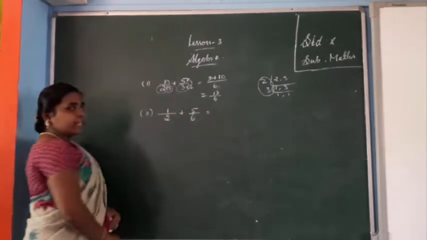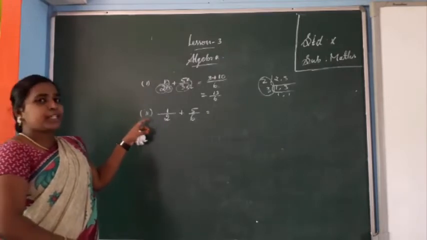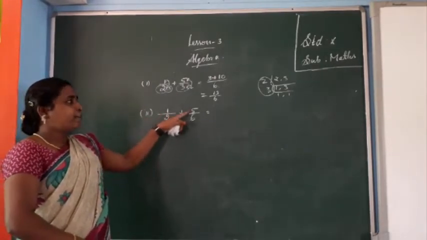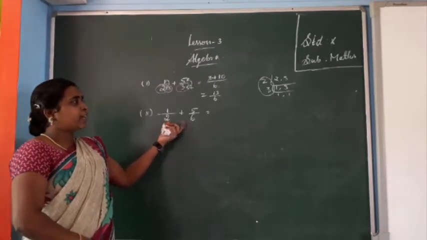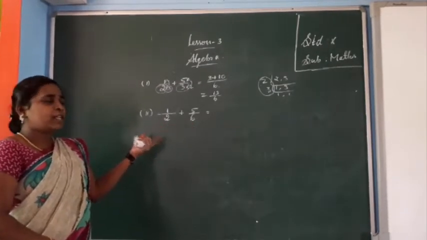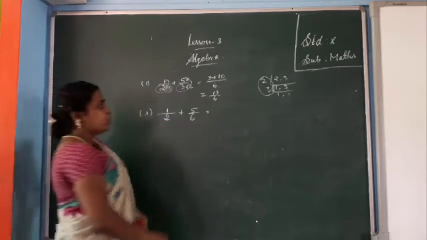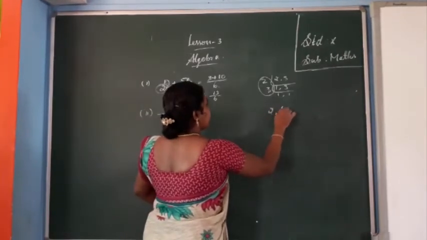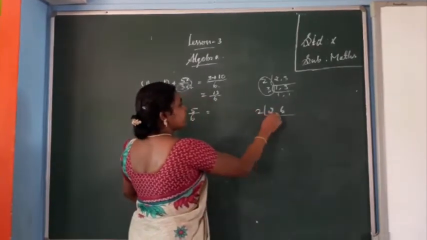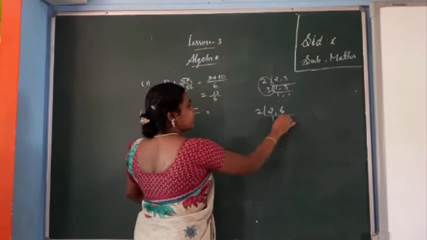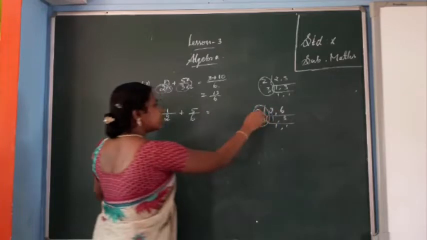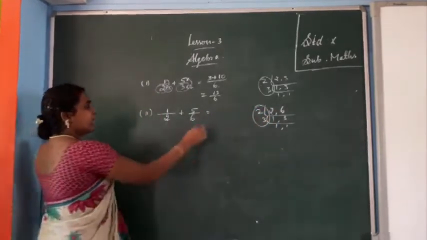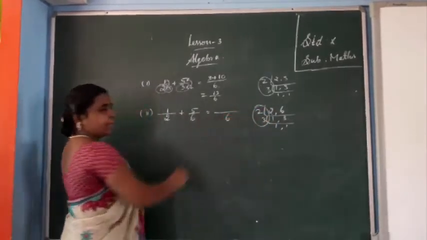Okay. Now you see this. This one is also addition only: 1 by 2 plus 5 by 6. Both the denominators are different. If the denominators are different we want to take the LCM, isn't it? So the LCM of 2 and 6. 1 2 is 2, 3 2s are 6. This is 3, 1 1, isn't it? So for the LCM you multiply, 2 3s are 6. Here also the LCM is 6.